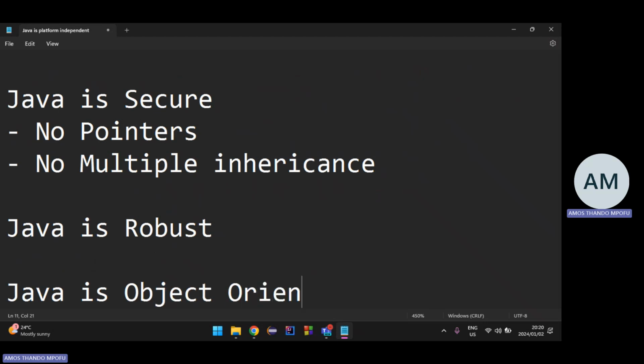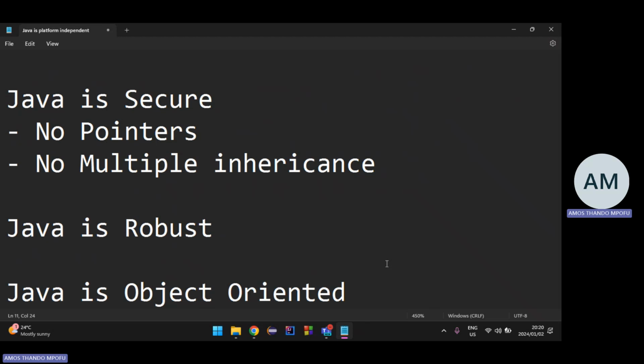object oriented. Remember that most languages started from the procedural perspective, right? So they started creating the language as a procedural language, only working with functions. Then as time goes on, they're like, oh, this is a new trend, there's a new thing called object-oriented programming, let's add that concept inside.